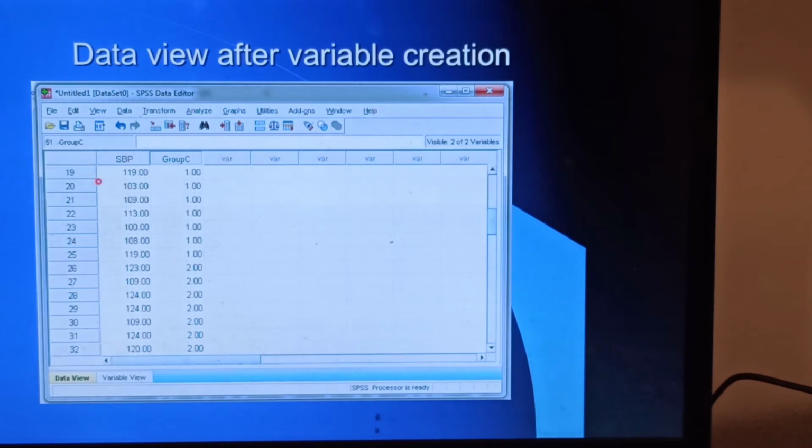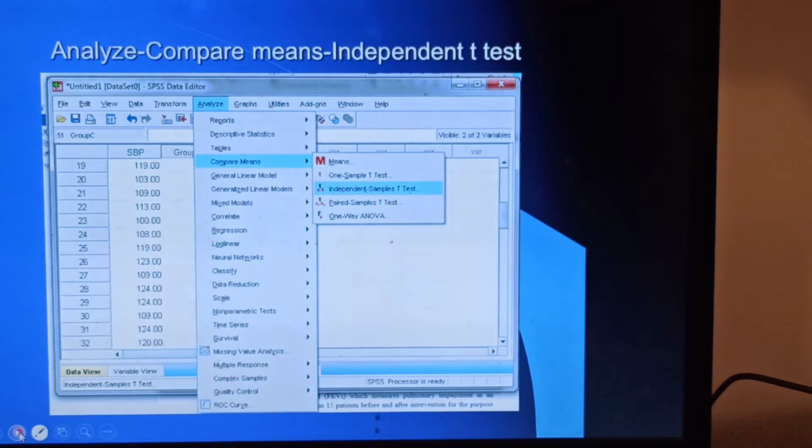So in order to distinguish which measurement belongs to which group, we have made the group identifier. So that is important in the case of test of significance, two sample t-test in the SPSS. Now I go for analysis, then go to compare means, because I want to compare two means. Then I'll go to independent samples t-test.